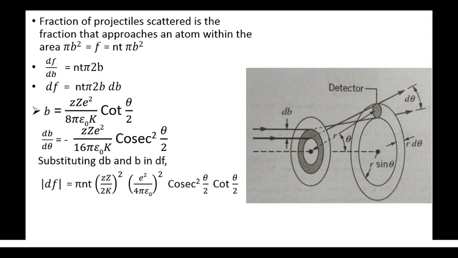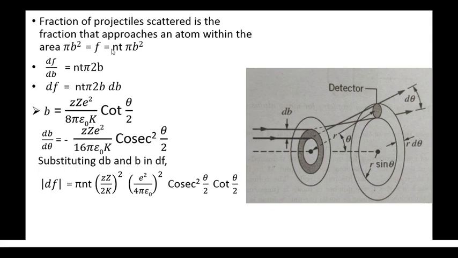So the distance to the detector here is denoted as small r. See, this is small r and this is theta. So sin theta will be this perpendicular distance, isn't it? This perpendicular distance is r sin theta. That is, the radius of this inner circle is r sin theta, and we are considering an outer circle having a small thickness r d theta. Again, with the help of the d theta angle here, we found the thickness of this small element, that is r d theta.